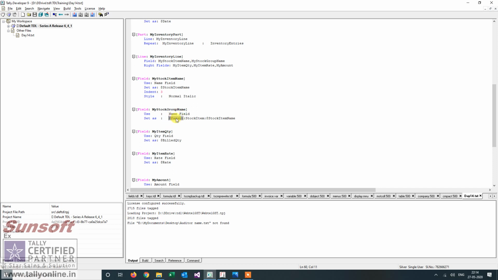So I want to display parent, and I want to display it from the collection stock item. And for which stock item do I want to display? For this stock item. I suppose I am clear now that for this stock item you want to display the method parent from the collection stock item. So this is how it is interpreted.